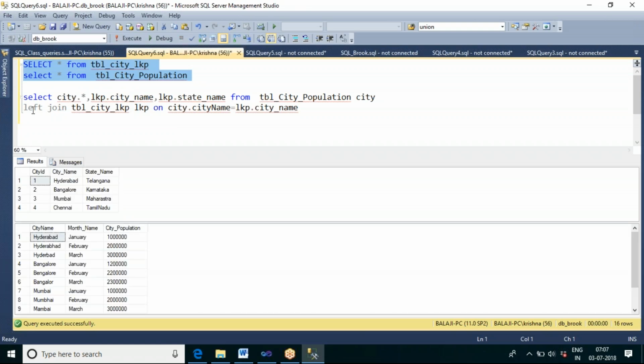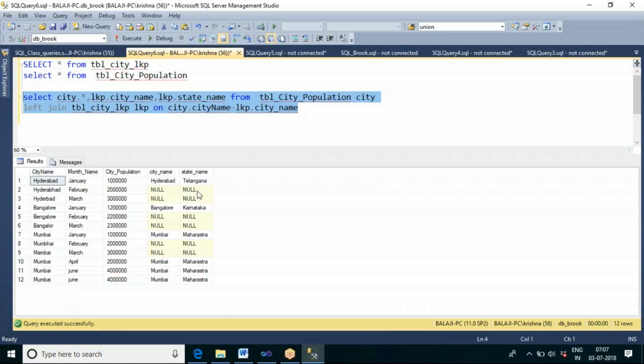So when you select these two tables, this Hyderabad is 100% matching. And in this Hyderabad, there is only one extra alphabet. Here it is BHAD, but here it is BAD. So these two are a 95% match. When there is a 95% match, select the state name for this record also. So when there is a high 95% match, not exactly 100%, even if it is 90% match, show me the state name.